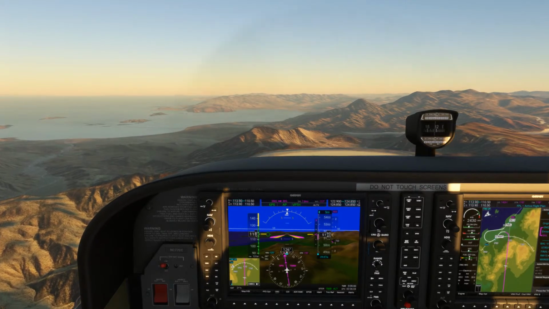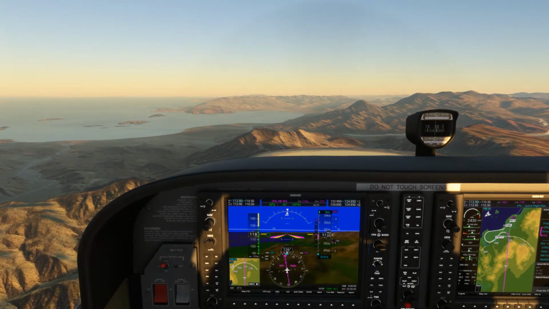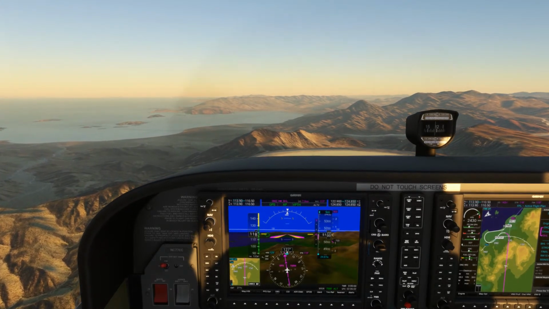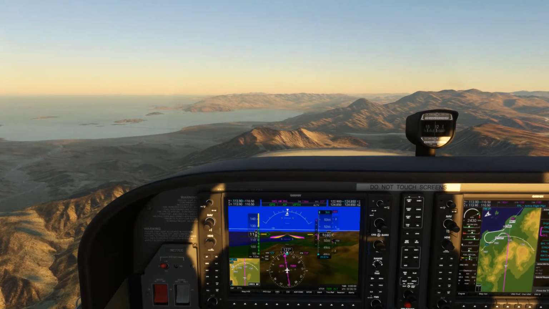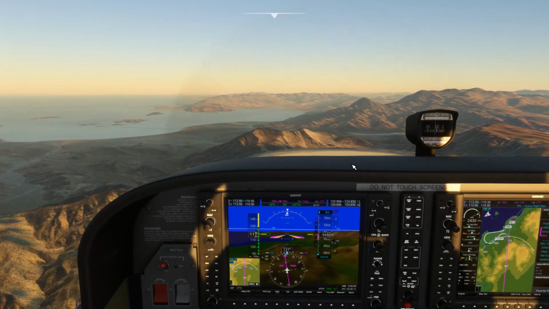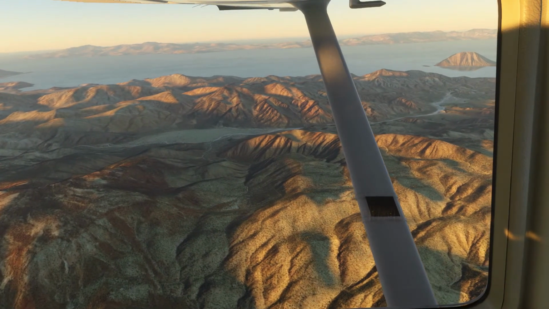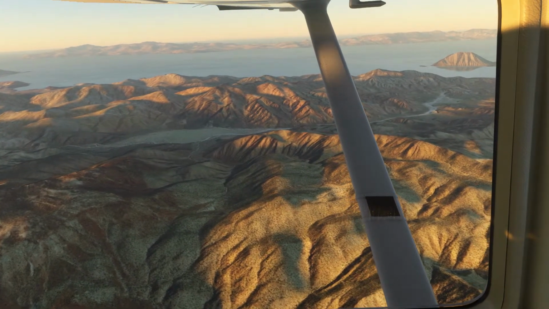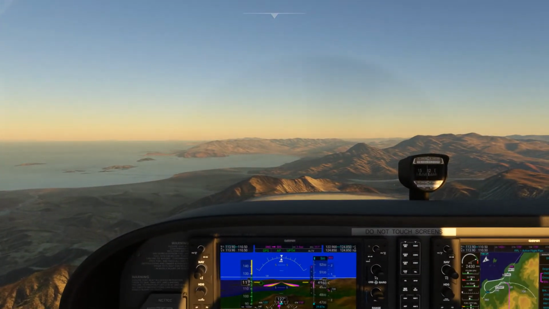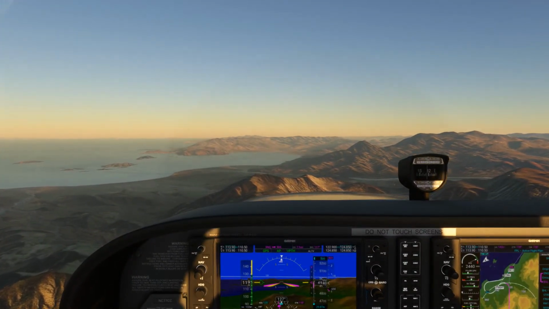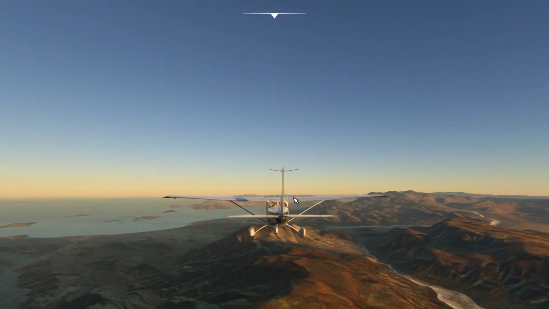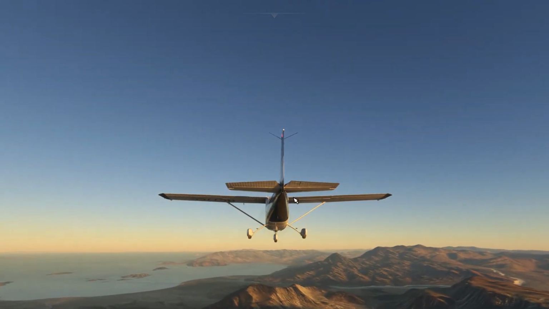So yeah, that plane's going from Guadalajara to Los Angeles. The landscape is just incredible around here. I am a little concerned right here. I think we'll be okay.